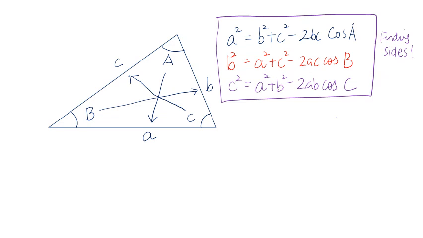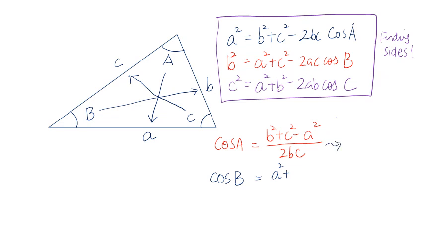If you're finding angle A, then cosine A will be equal to B squared plus C squared minus A squared over 2BC. If you're finding angle B, cosine B is A squared plus... of course, if you're finding the angle, you have to cosine inverse it. So from there, your angle A will be cosine inverse of B squared plus C squared minus A squared over